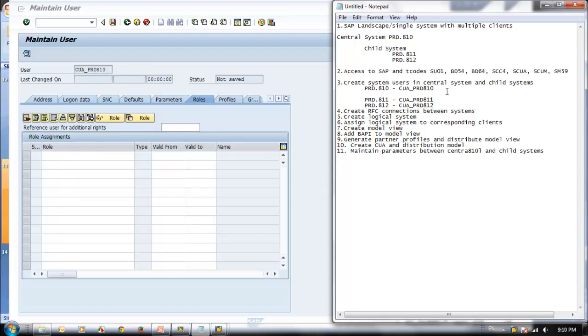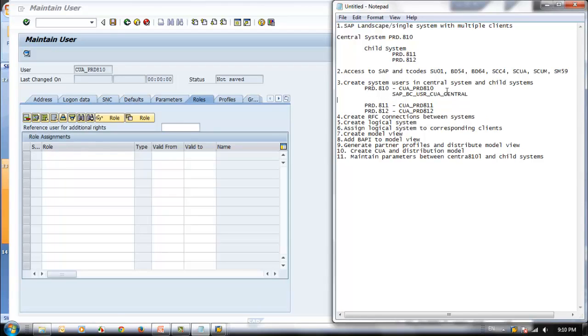You need to have these roles: SAP_BC_USR_CUA_CENTRAL. So this is our first role, and we will also have another CUA role,